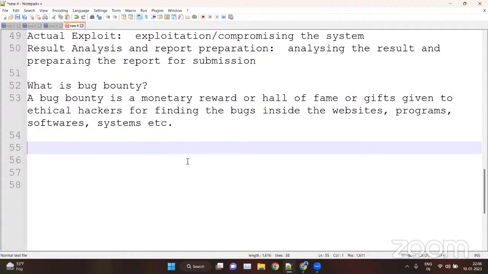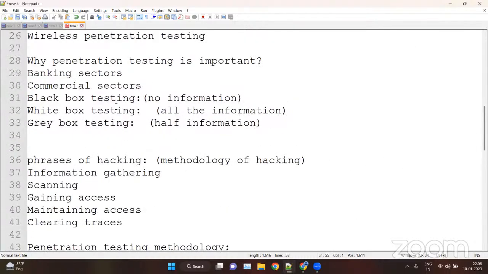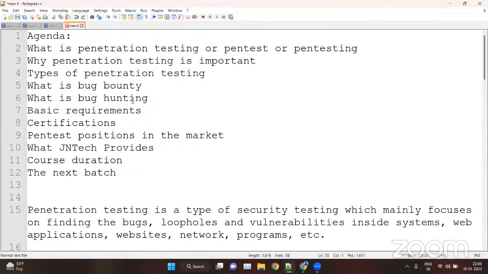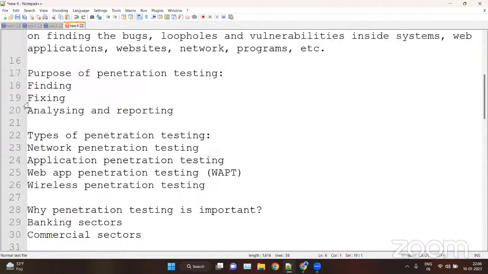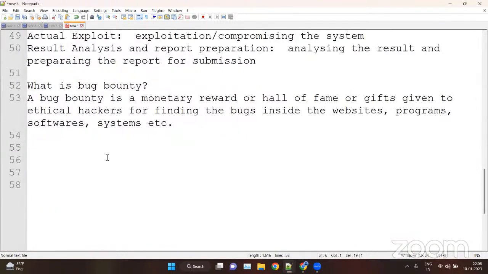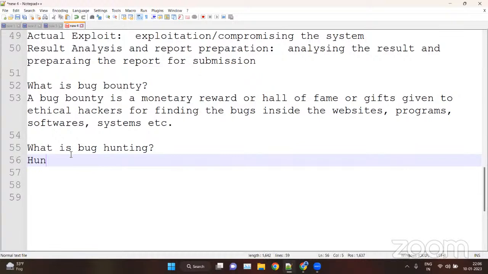Then we have bug hunting. There's not any difference between bug hunting and bug bounty. So bug bounty is a reward and bug hunting is hunting for the bugs, or we can say finding the vulnerabilities, loopholes, and bugs.